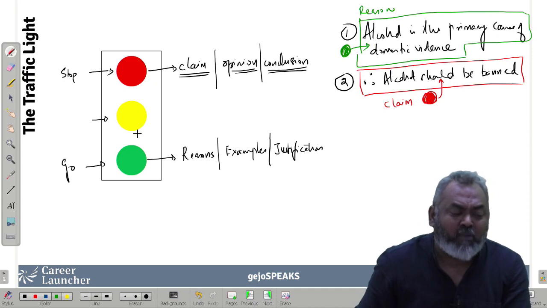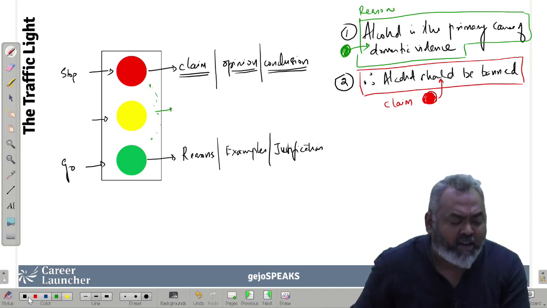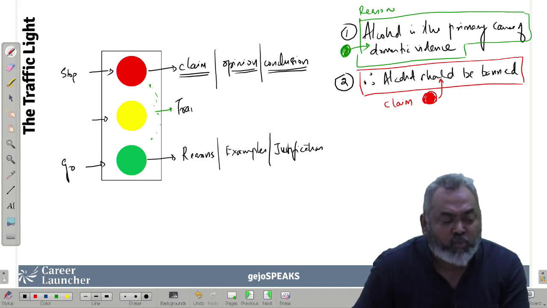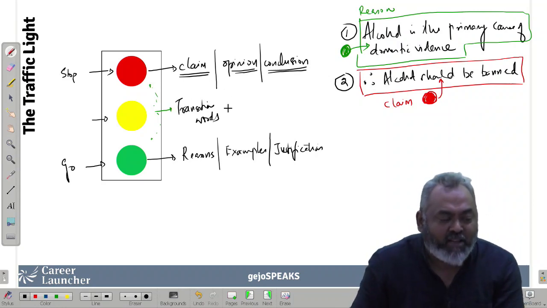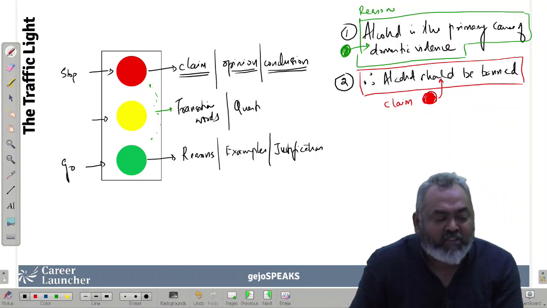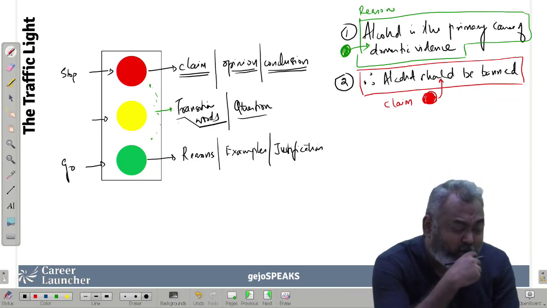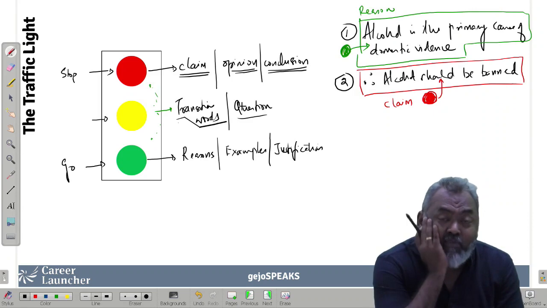And what is my yellow signal when I'm deciding whether to go this side, whether to stop or go, is one thing that I want to look at is all these transition words. However, for example, for instance, and things like those, and any question the author raised. Those are the kind of things where I'm saying, okay, fine, I'll probably love to figure out whether what comes next